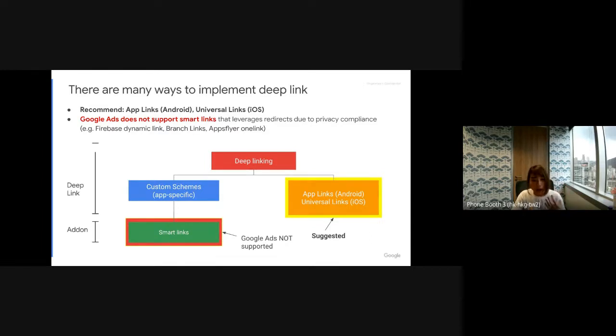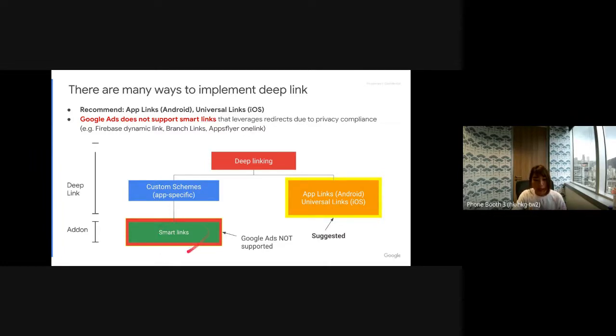Then we have smart links, which are usually provided by your app analytics platform or any other third-party platform that uses redirect methodology to send users to the App Store or the app content.